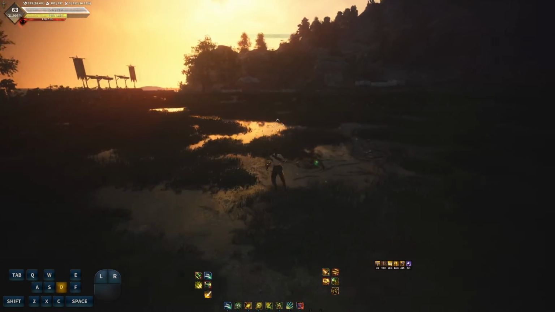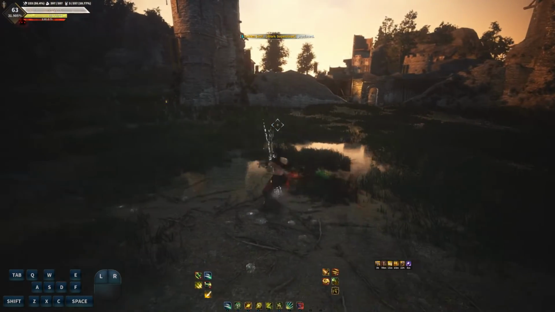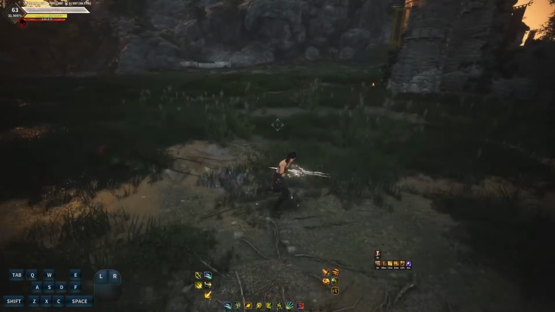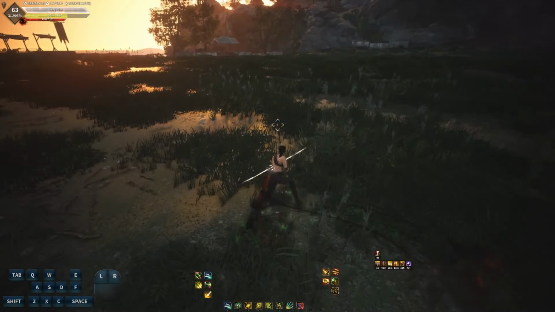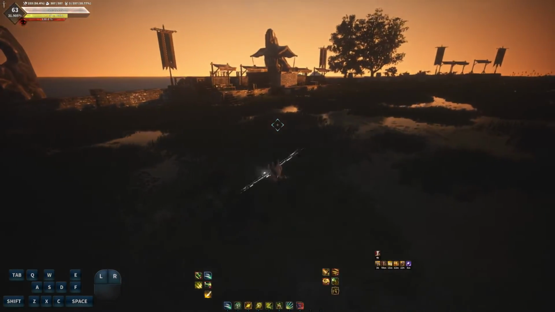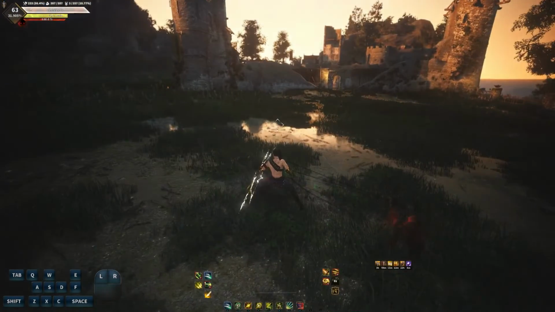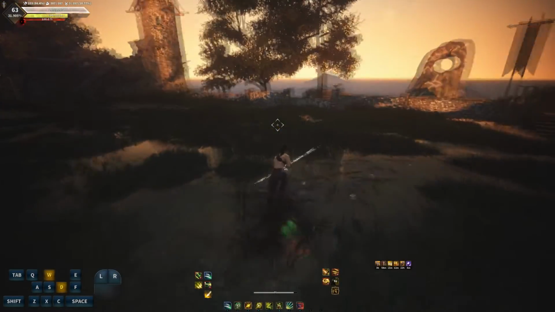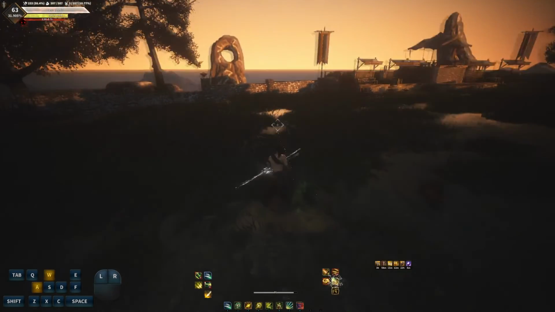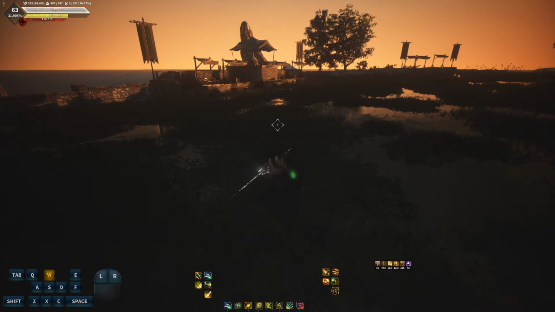If you guys want to know about your PvE iframes, for example if you're doing boss blitz, Archer has an iframe on glide. In PvE, glide is a full iframe, by the way, for those that didn't know. Your full animation of glide is an iframe. Your tactical strike is an iframe. When it's off cooldown, the entire roll is an iframe. When it's on cooldown, just before you attack, that's when you get the iframe. So you don't get the full iframe when it's off cooldown. This is for PvE, right?